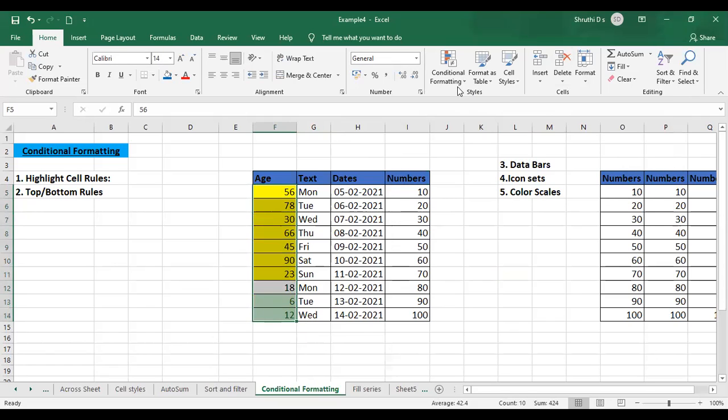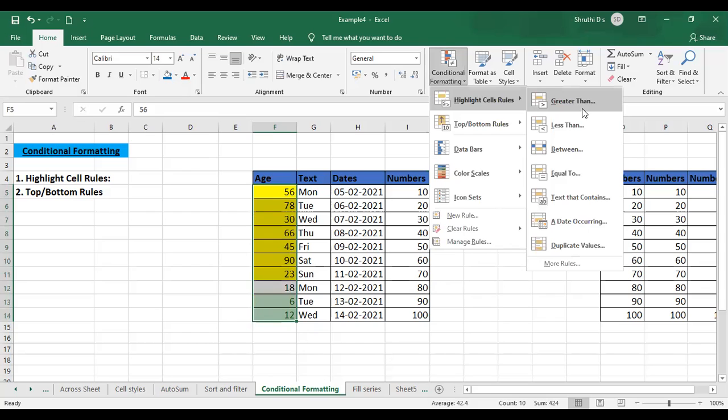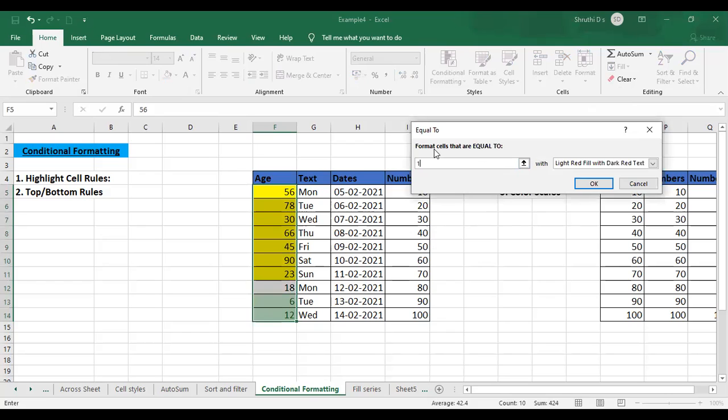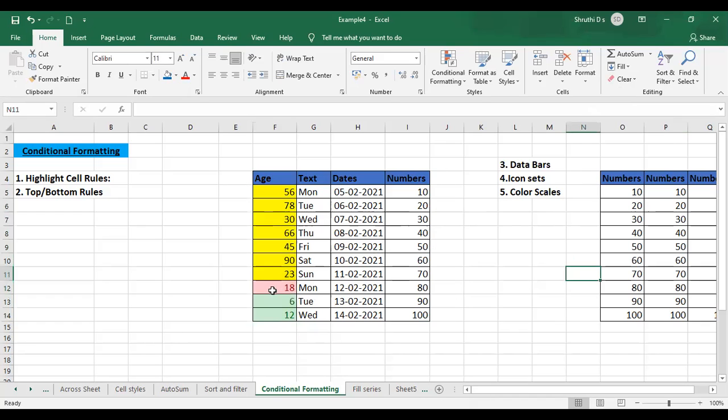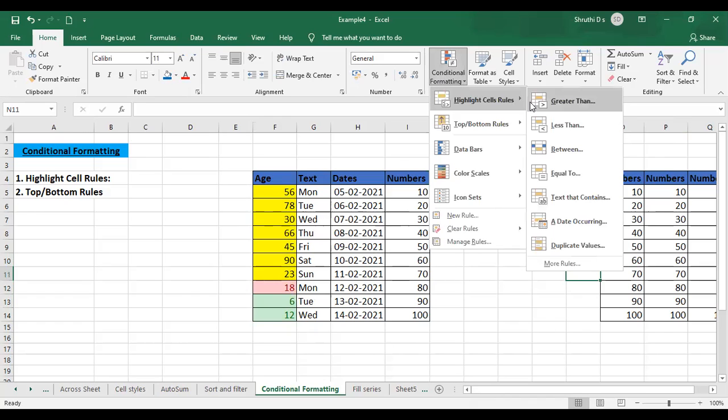Okay, so I'll just select it, go to conditional formatting, highlight cell rules. Here I'll choose for equal to symbol and make it as 18. Okay, so now as you can, I have selected, right? So it is already showing me with red light. So just click on OK, and the color of the particular cell has been changed. It is filled with light pink, light red, and the text will appear in the dark red. Okay, so now this is how your conditional formatting highlight cell rules will apply for the greater than condition, lesser than condition, and equal to condition.